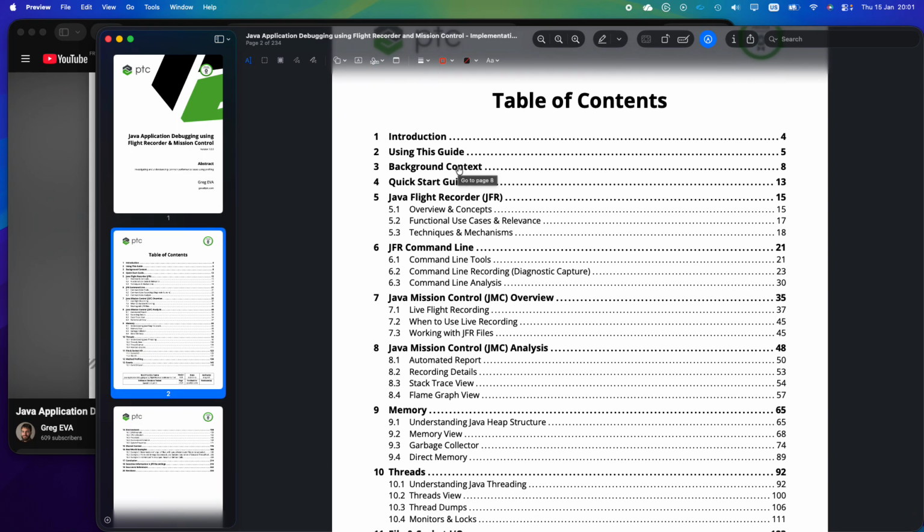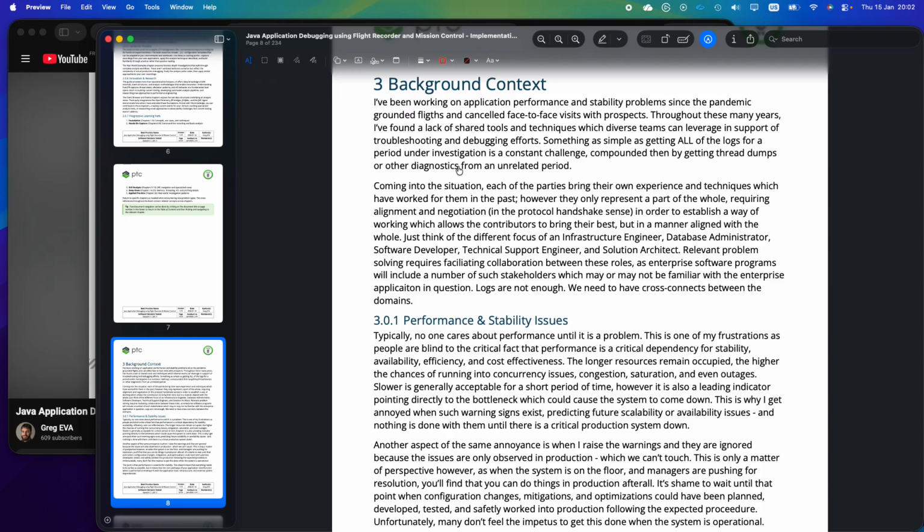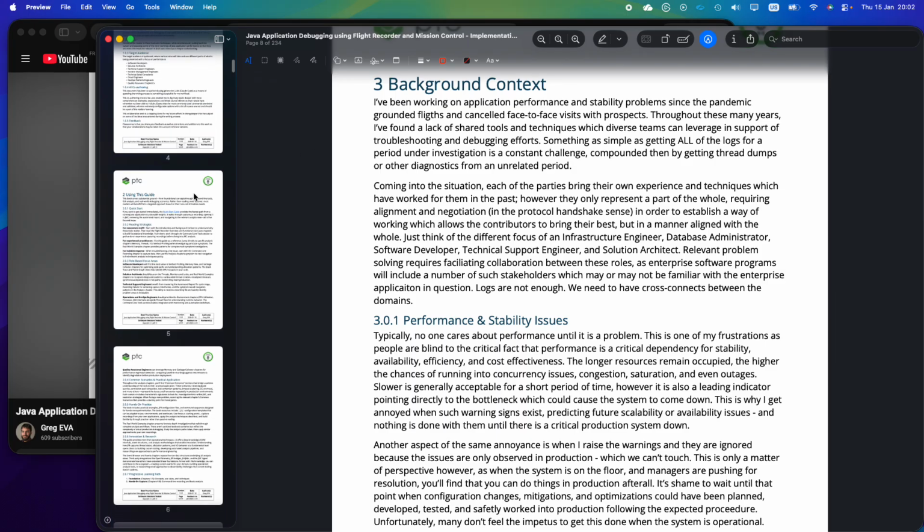The background around this is it's a technology that I found that's built into Java for quite some time, enabled by default since Java 11, and really allows for getting into performance analysis, monitoring, troubleshooting, and diagnostics around all Java applications. And this is one of the reasons why I'm so interested in the topic